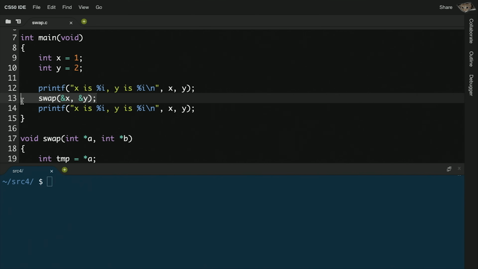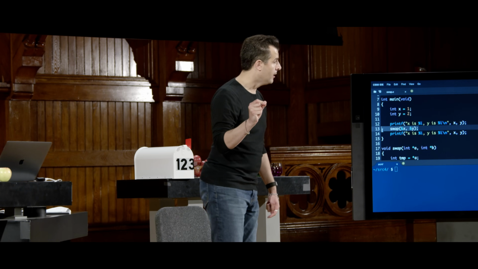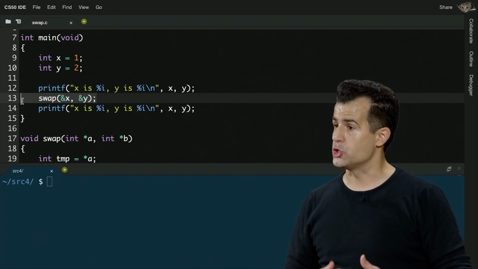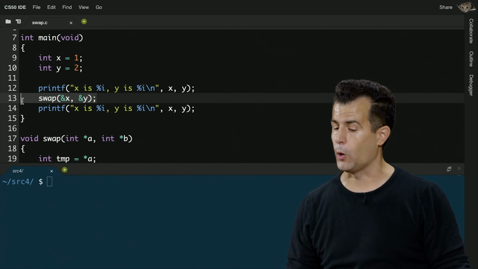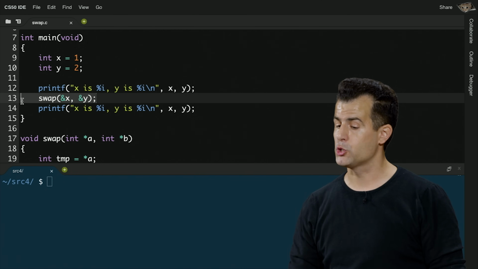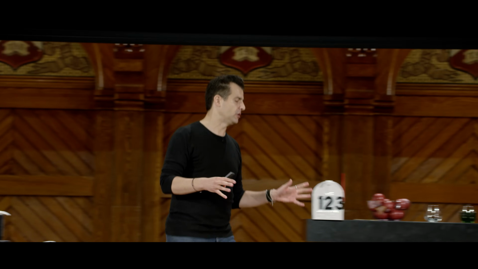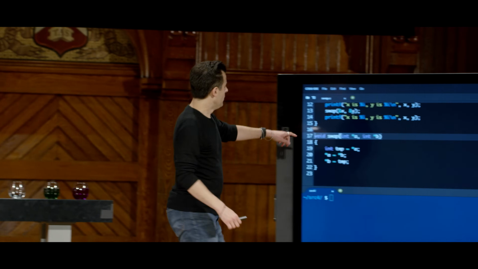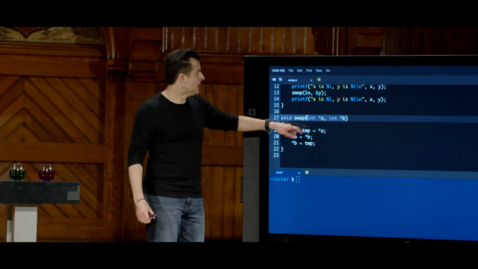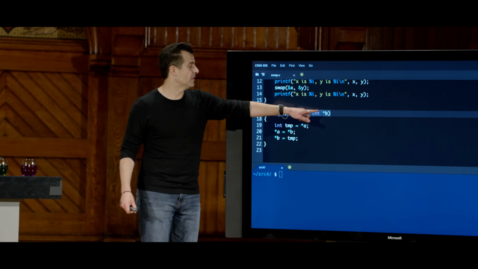First of all, on line 13, I'm no longer passing in x and y. I'm passing in the address of x and the address of y. That was the key detail from earlier today when we first introduced ampersand. So this means here's the address of x, the address of y. It's like providing a map to swap so that it can go there. The syntax for defining a function that accepts addresses is unfortunately a little cryptic, but name of the function like swap, the type of pointer, and the type of pointer.